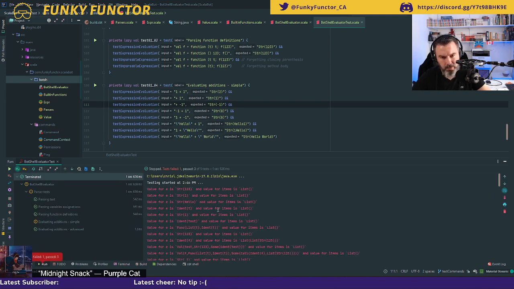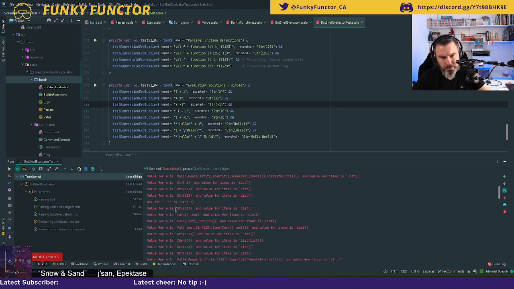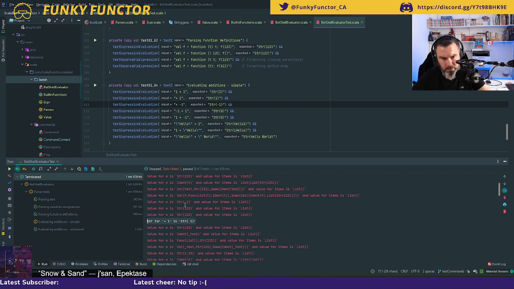Good. So AST for +1 is str 1. Okay, so here it says value for E is str and then space 1, and value for items is list. I don't get it.